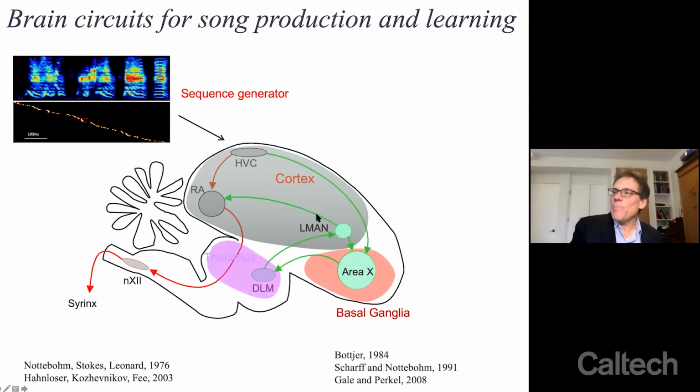Now, there's also a separate pathway that's involved primarily in learning and whose main function, first proposed by Sarah Bottjer, is to program up the motor pathway to produce the correct sequence of motor gestures. And this circuit was shown by David Perkel, Allison Doupe, Erich Jarvis, and many others to comprise a cortical basal ganglia thalamocortical loop, similar to those found in mammals that underlie motor learning and, as Ann just described, habit formation, among other things.